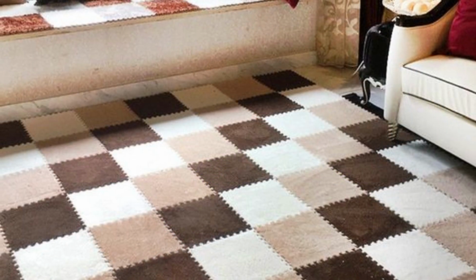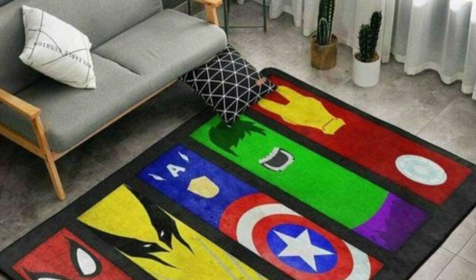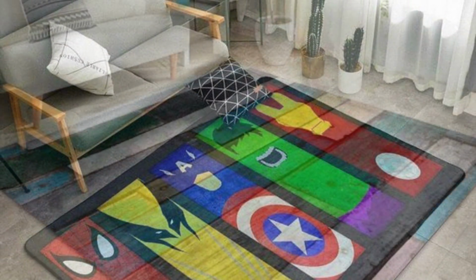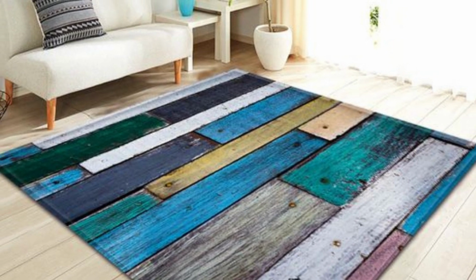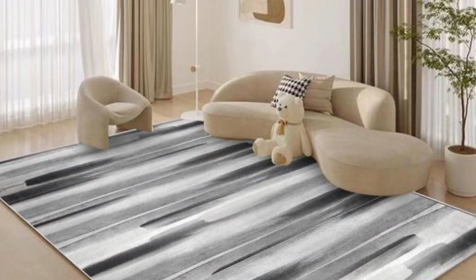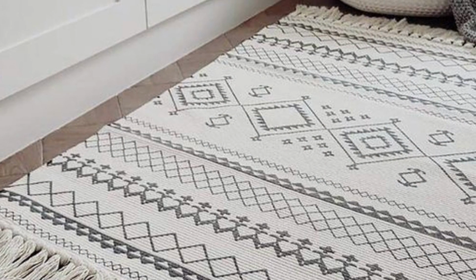to match. Additionally, these mats are designed with durability in mind, capable of withstanding high foot traffic, ensuring your floors remain clean and protected. Furthermore, they come in various sizes, making it easy to find the right fit for your